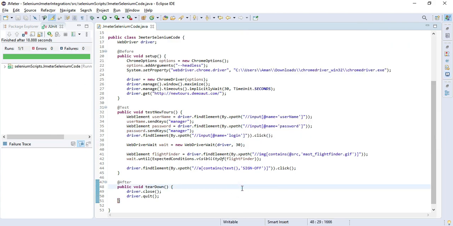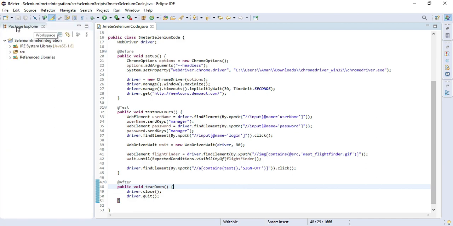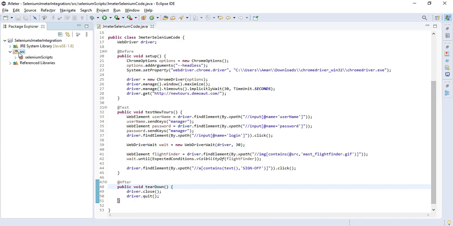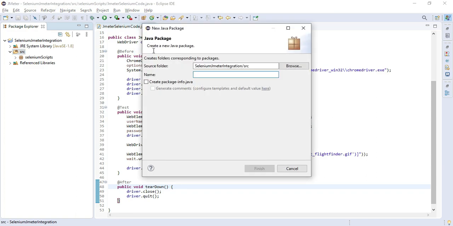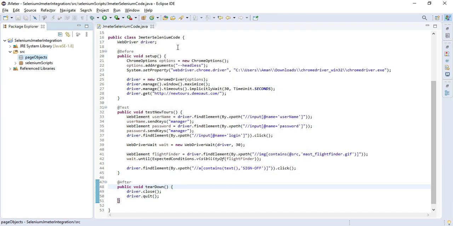Okay, so after that let's just go and start adding our page object model things. Before going to that, we will have to create one new package, and we will call it page objects.